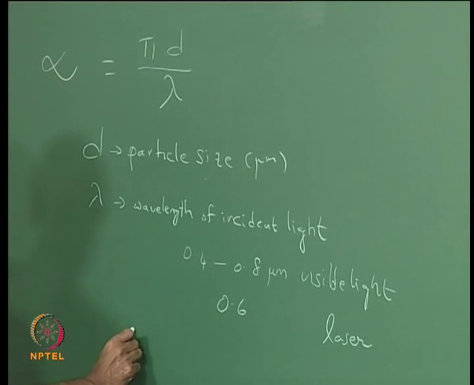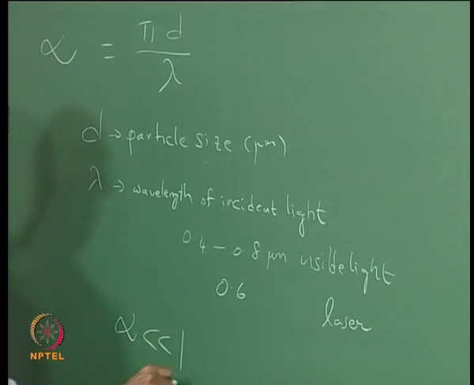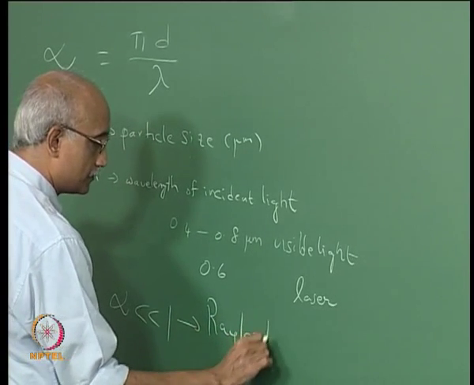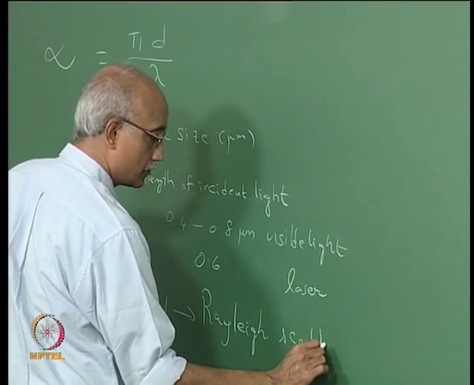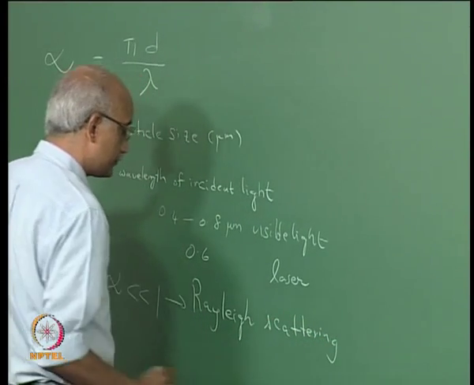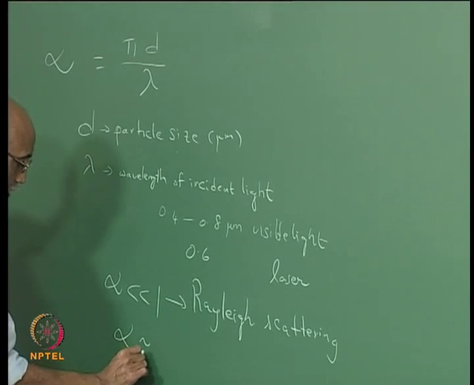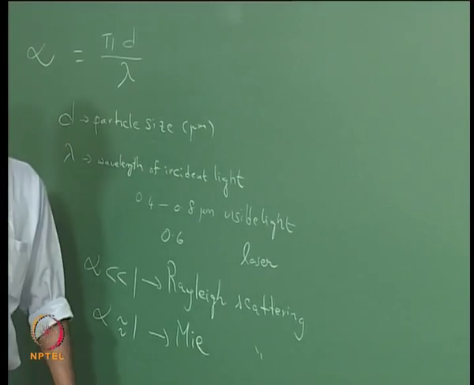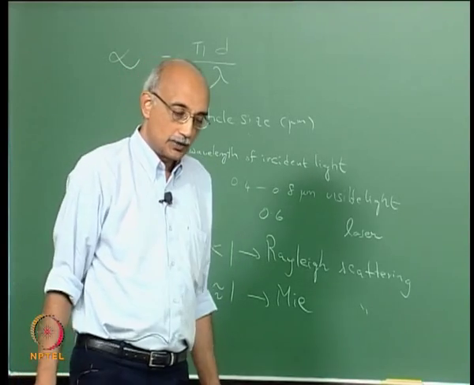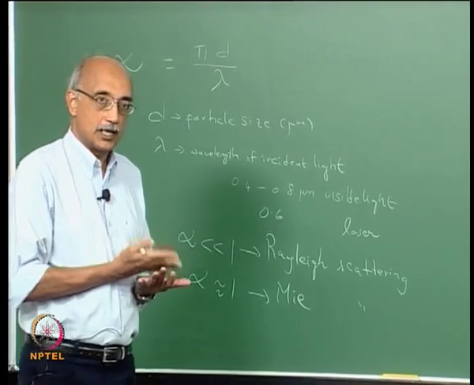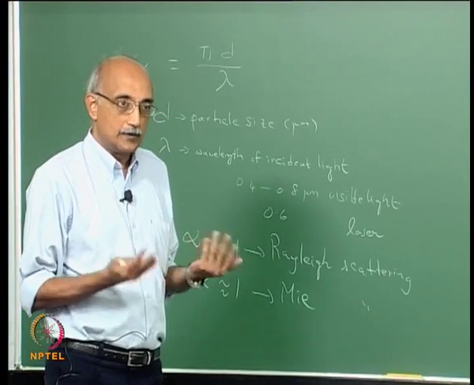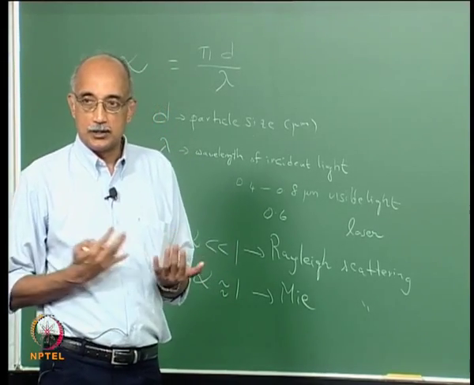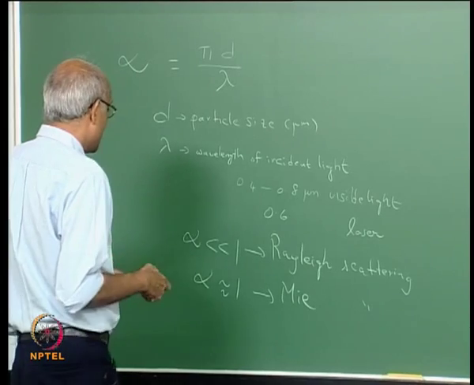When this parameter alpha is much smaller than 1, this is called the Rayleigh Scattering regime. When alpha is of the order of 1, this is called the Mie Scattering regime. And it turns out that the laws that govern scattering of incident light vary greatly depending on whether you are in the Rayleigh regime of scattering or in the Mie scattering regime. Of course, when alpha is much greater than 1,